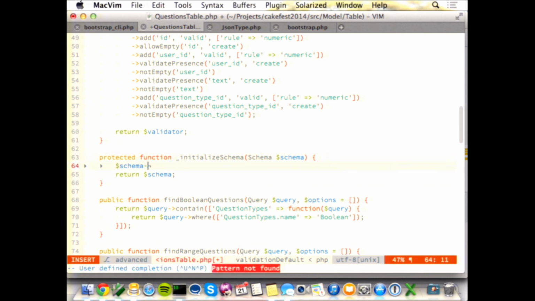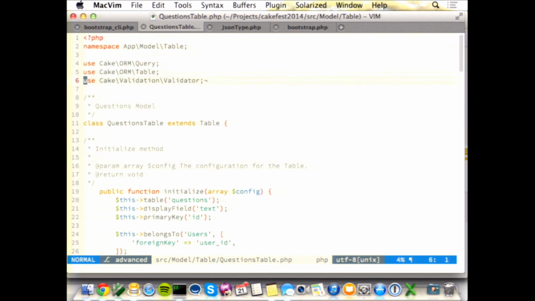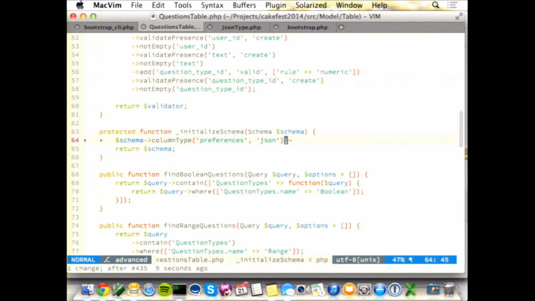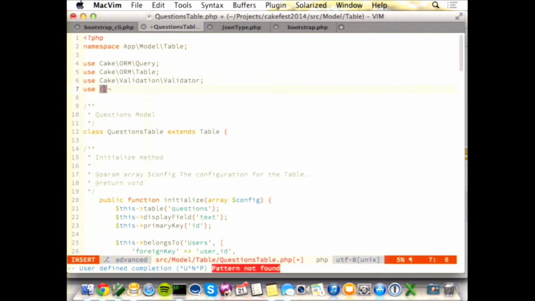And I'm going to tell the schema that column type of preferences is JSON. Okay? Yeah. So I'm going to add the use here. Use Cake